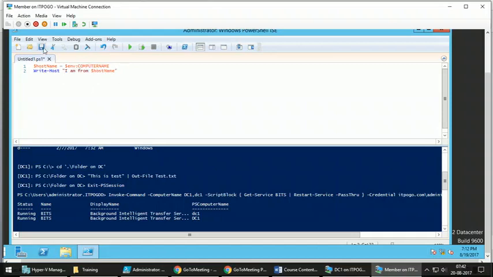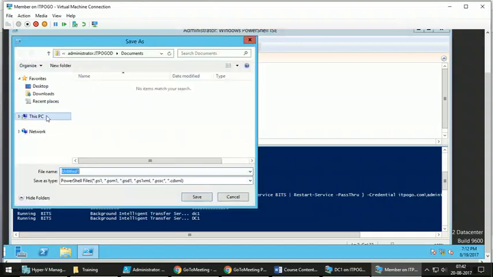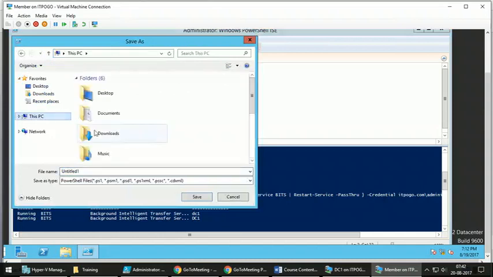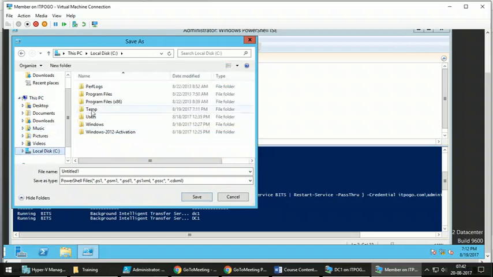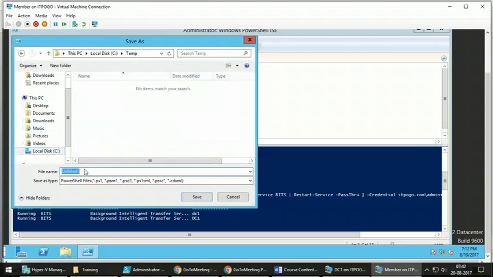Simple script. Let's save this in the temp folder, Sample.ps1.